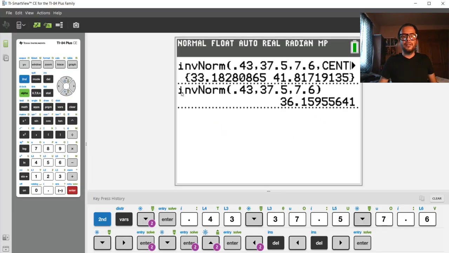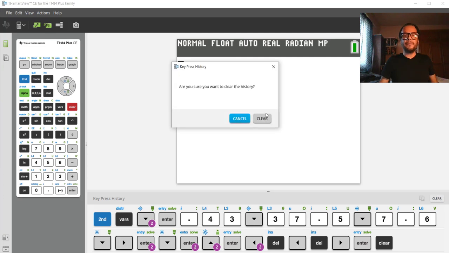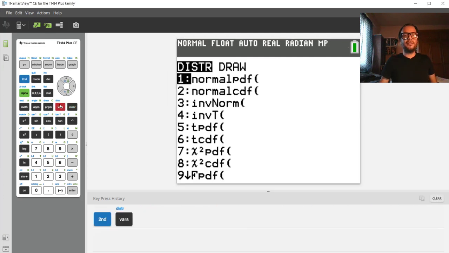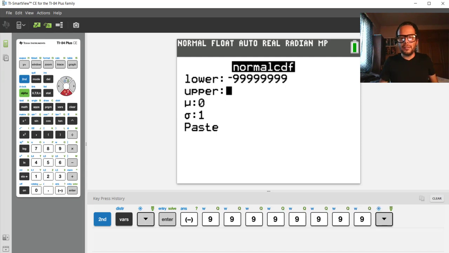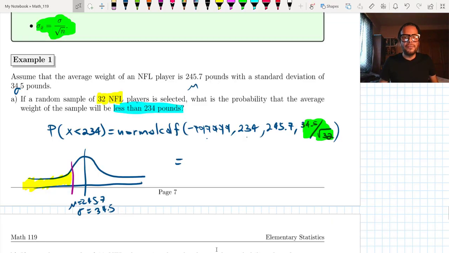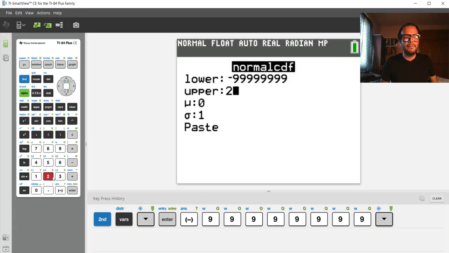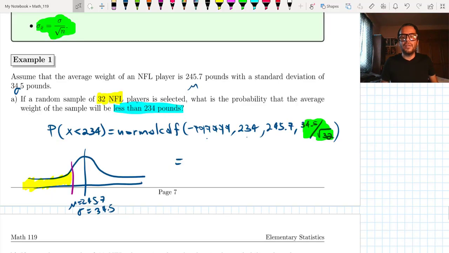So let's clear, second dist, Normalcdf, and the lower it's a negative huge, upper, what was it, 234, and the mean was 245.7,